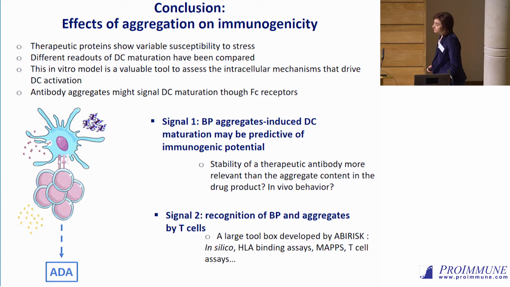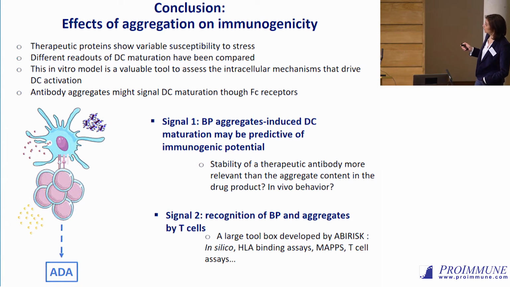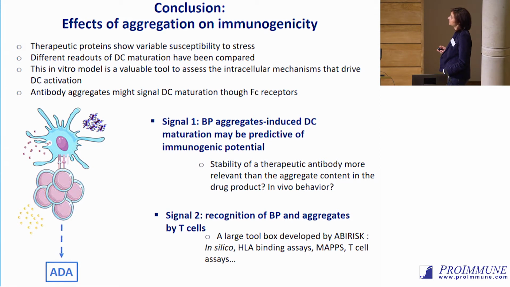And the second signal, that I'm not talking about today because it is well explored in the Aggregates consortium, is the recognition of aggregates and also bioproducts by T cells. And for that, there exists a large toolbox that is developed in the consortium. For example, in silico studies, HLA binding assays, MAPPs assays or T-cell assays that we already talked about yesterday